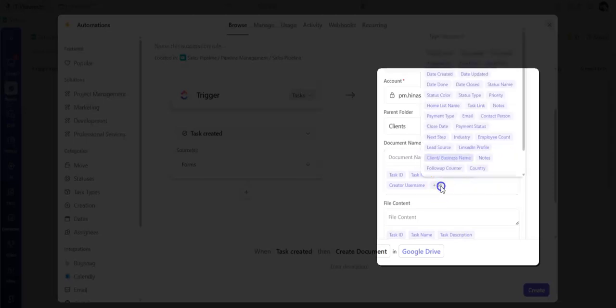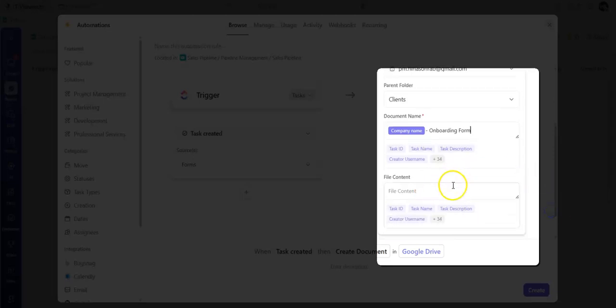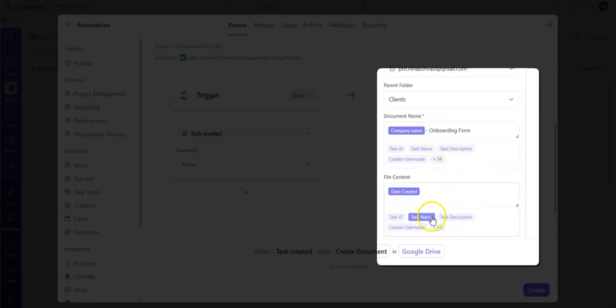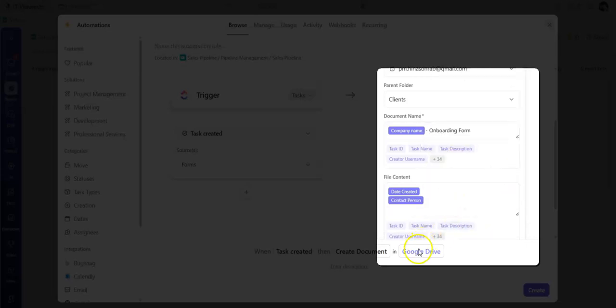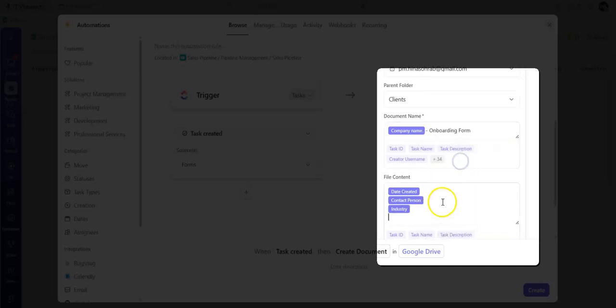So for the document name, I can choose whatever I want to. So it can be a company name or business name, whatever custom field you want it, and I am appending an onboarding form with it so that I know that this is the onboarding form information. The file content is really important here, and this is where your data from the form will go into the Google Doc. So date created, contact person,